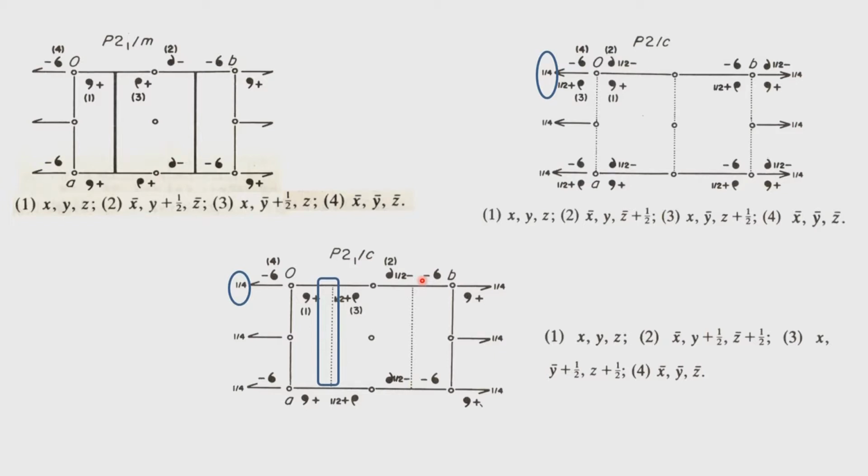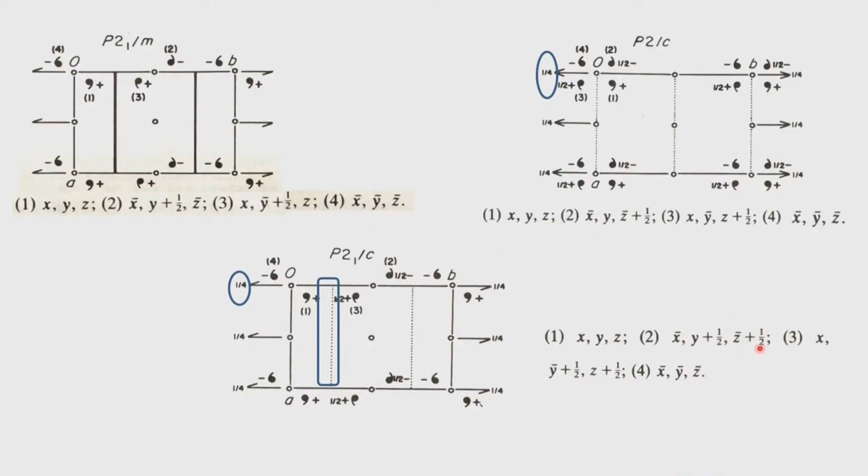Now along the C direction we have to move by 1, the axis moves by 1/4, and therefore the position of the equivalent point moves by half, because the next operation on this particular symmetry element should take it to the next unit cell and it should overlap with 1. That is the requirement of a definition of a group, and therefore we see that the equivalent point now is x bar, half plus y, half plus z bar. Z bar also gets a half added to it along with the y plus half. So it is fairly straightforward to understand P21 upon C.